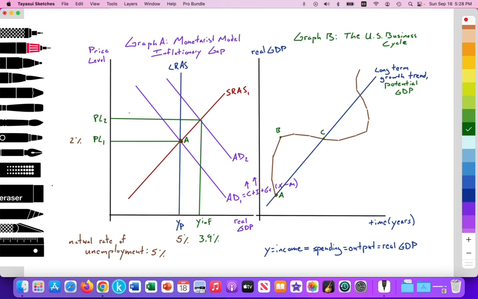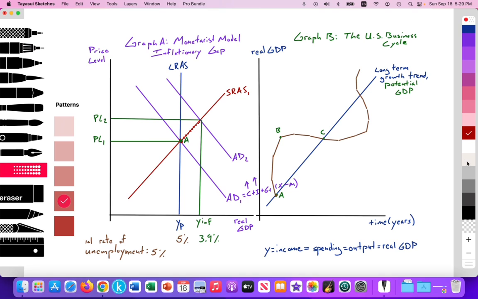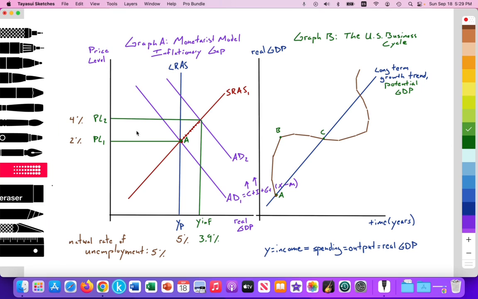And let's say that the price level is rising to 4% due to that excessive aggregate demand. That causes firms to increase the quantity of their aggregate supply along their short-run aggregate supply curve. Costs of production are being held constant: wages, rent, interest, and profit. And the higher price level means that firms can gain more profit because the price level is greater than their marginal cost, which we can see here. That's the incentive for the firm to increase production.